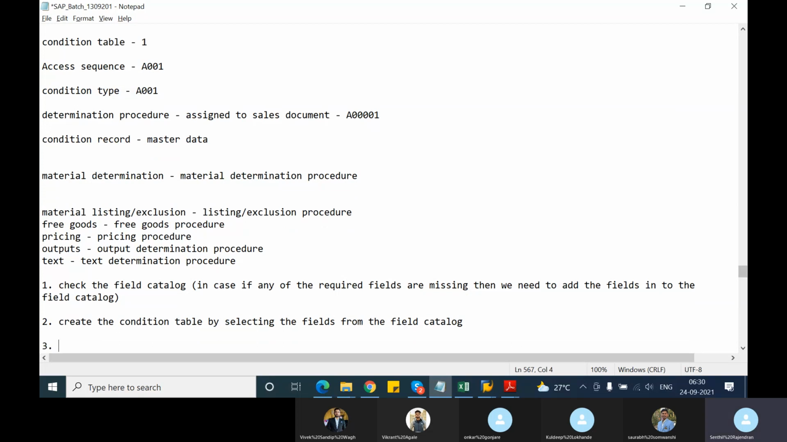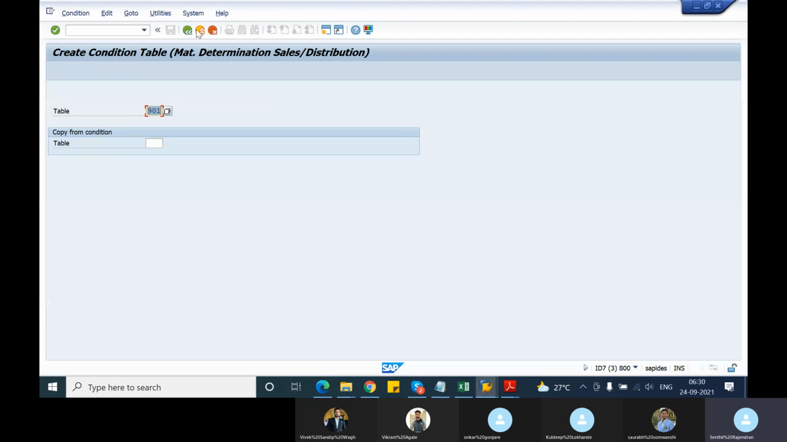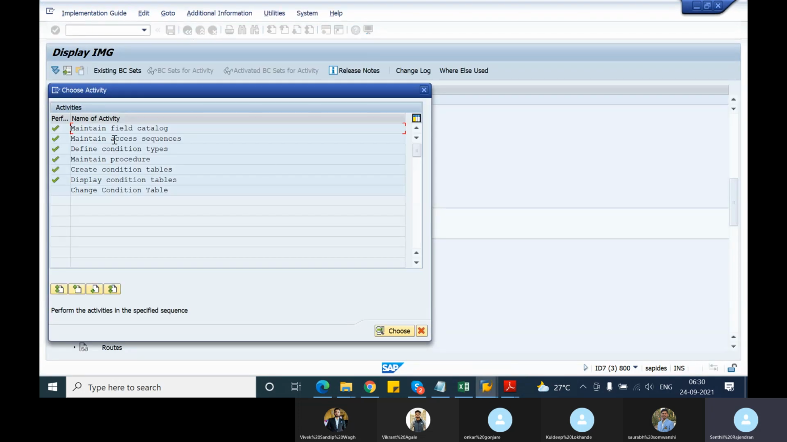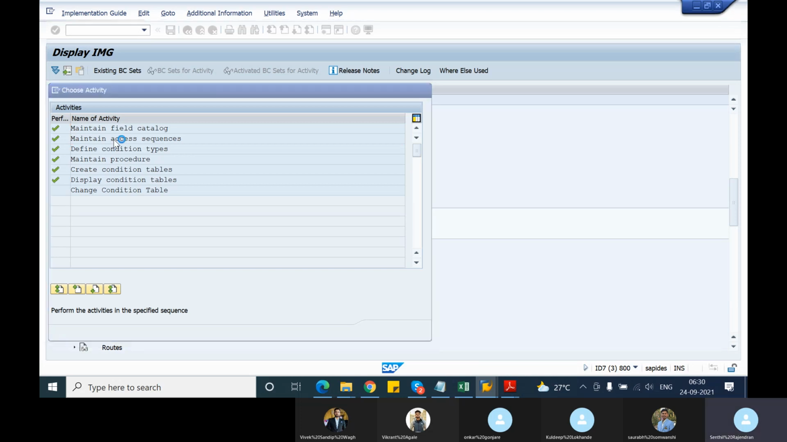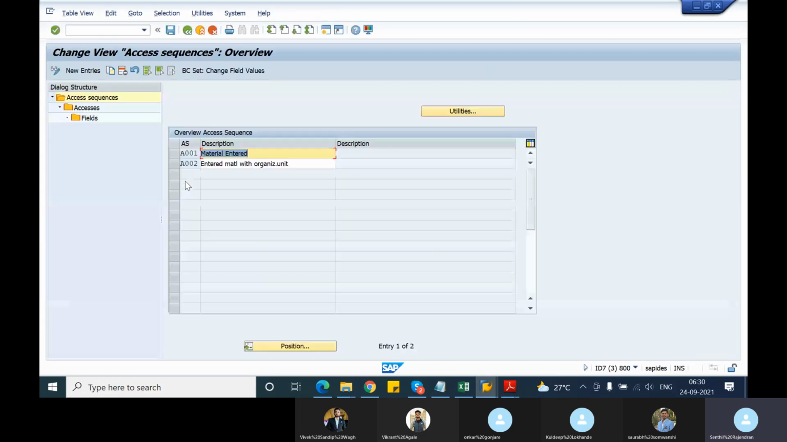And the third step would be, now you have created your own condition table. Then what we saw, where was this table placed? This table was placed inside the access sequence. So we should go to maintain access sequence. Our access sequence was A001, which was assigned to our condition type. So we can select this